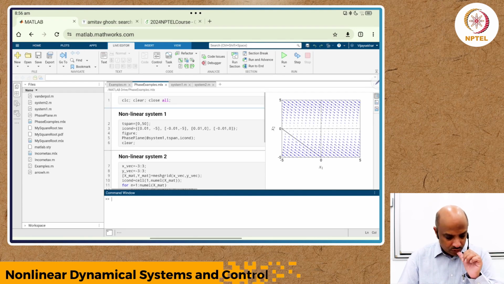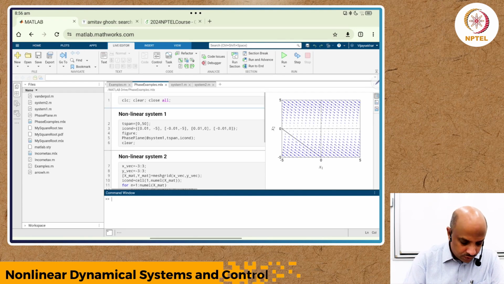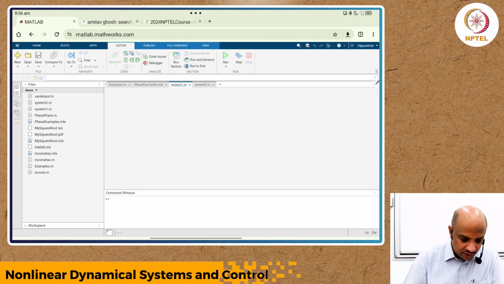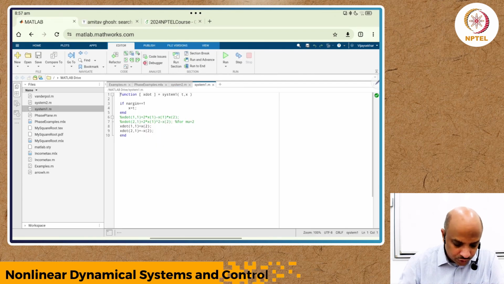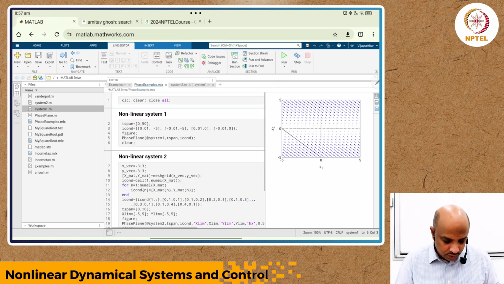Don't worry too much about whatever is here in terms of the program. I will explain in a second. If you're familiar with MATLAB, we can basically write a program to simulate ODEs. I'll probably make a separate video on some of these examples and provide it as additional material. But essentially, you can take this nonlinear system and